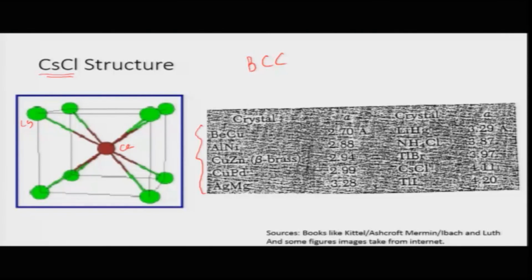So, these are some of the important structures which I have defined to you, namely the simple cubic structure, BCC structure, FCC structure, the diamond structure, the zinc blende structure, the sodium chloride structure, cesium chloride, the hexagonal Bravais lattice and the hexagonal close pack structure. These are some of the structures which are displayed by a variety of elements or compounds, and they can fall into one of these crystalline types or lattice types.